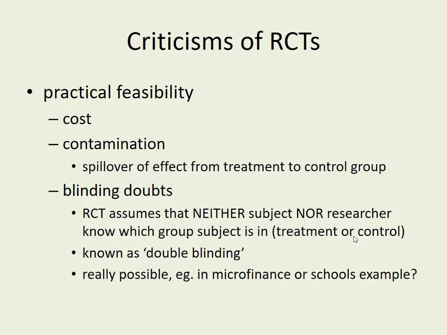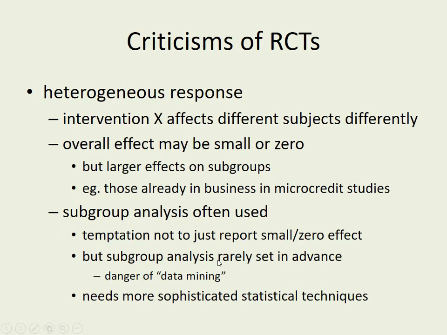And how is that going to be possible in microfinance? I mean, you can't not know whether you've been given microfinance. You can't be unaware whether you've had a school built in your village. And if you're the person building the school, you know. It just can't be recreated. So even single blinding is very hard, let alone double blinding. So there are all sorts of question marks about the effects you see that could be caused by differences in behaviour. Then you have heterogeneous response,